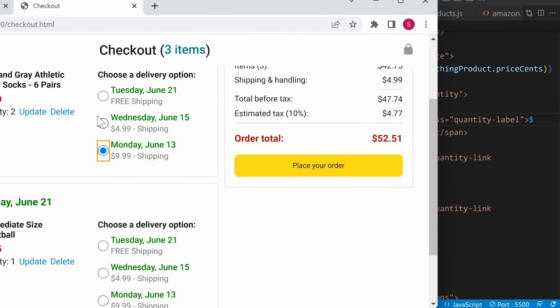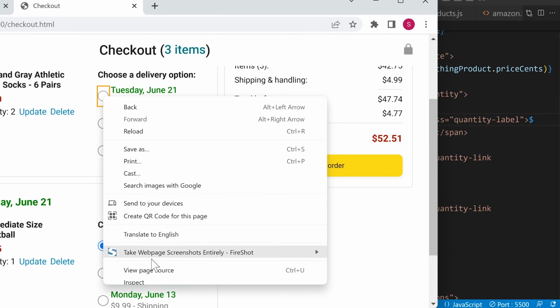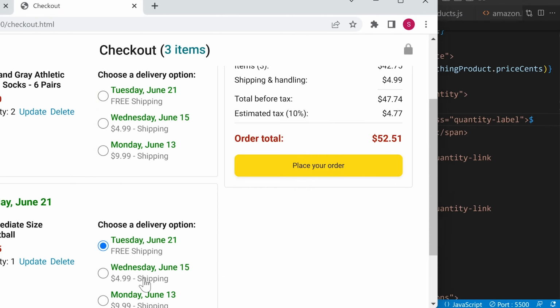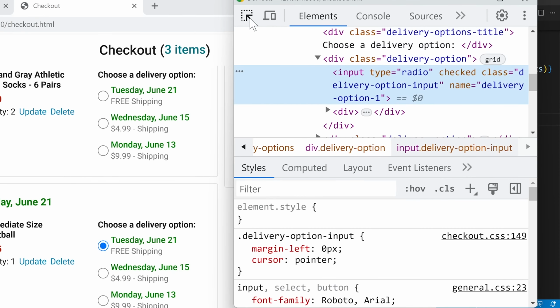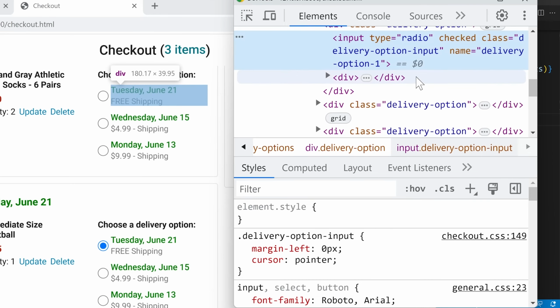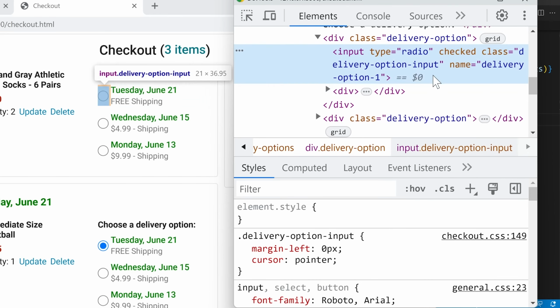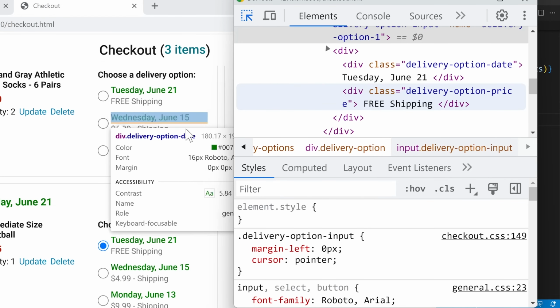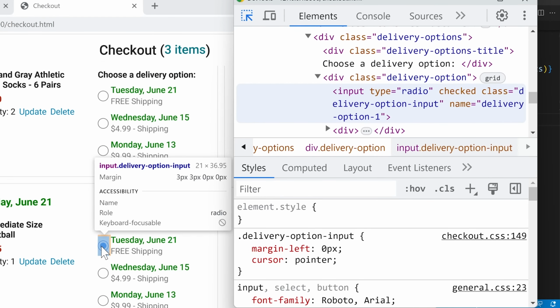Now, what's the problem with the radio selectors here? Well, let's take a look at the code for these selectors. To do that, we're going to right-click one of them, and then inspect, and then click the top left, and click one of these selectors to get the HTML code. So here we have the code for the radio selector, and you can see that the name of the selector is delivery-option-1. And now if we click the top left again and find one of these bottom selectors,